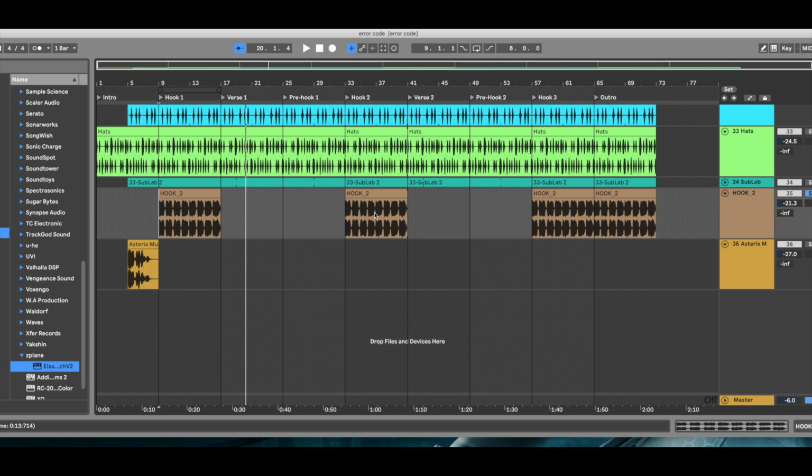You actually have to change the tempo or go in and make some adjustments to the warp features to get them to match up, i.e., FL Studio. I spent a little bit of time with FL Studio recently, and I was curious about the warp features and how they worked, and I struggled with it because you have to manually go in there and change things, and I wasn't used to doing that. I guess I'm a little bit spoiled because Ableton is so flexible with its warp features that a lot of times you can again just drag things in there and then just make sure that you're matching